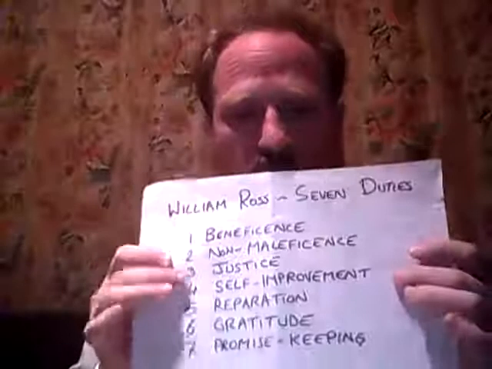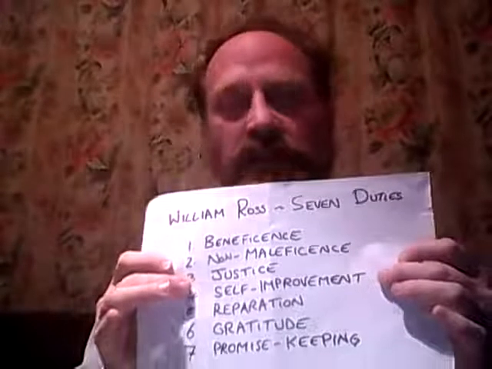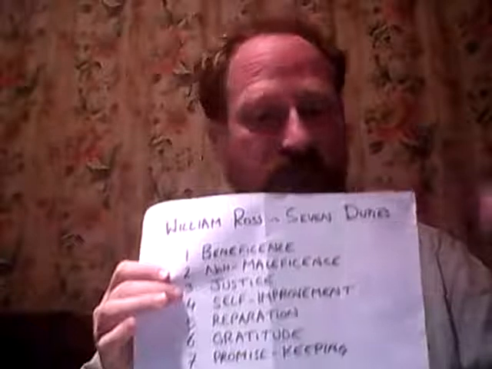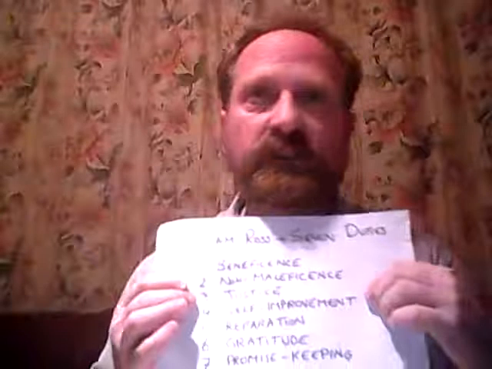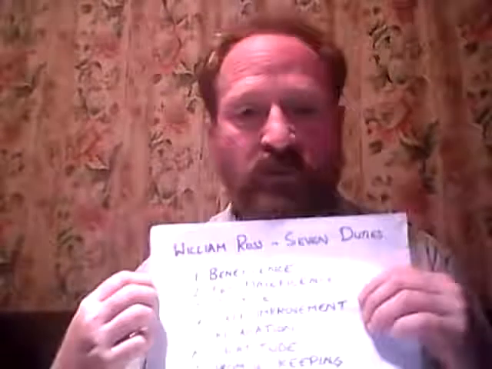So, for example, you could take self-improvement, the 4th one, down there. Self-improvement is the rule, the law, that we should strive to make ourselves better people and help other people who are trying to make themselves better people. So if someone is studying hard, you should help them. If someone is working hard to earn a living, you should help them.